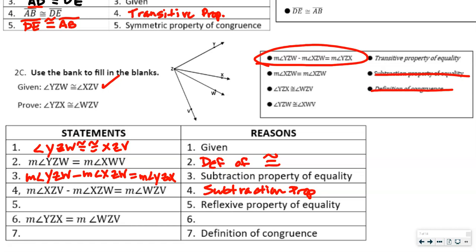Then it says reflexive property. So reflexive property means we have the same thing on both sides of the equal sign, right? So isn't that going to be this one right here? So the measure of angle XZW is equal to the measure of angle XZW. So what we did was we subtracted this angle right here from this angle